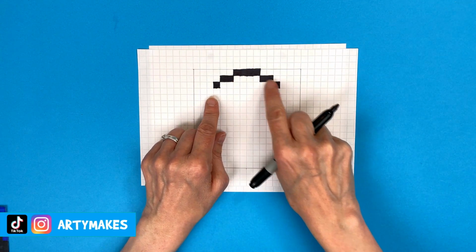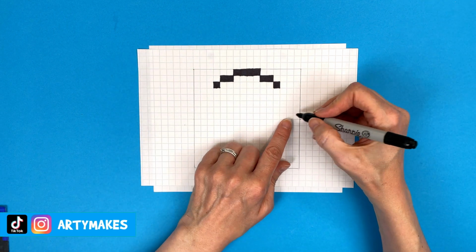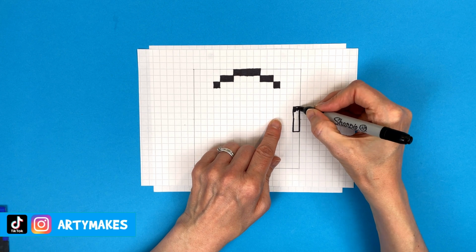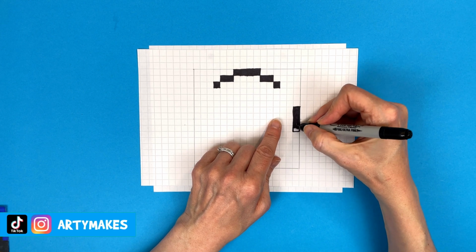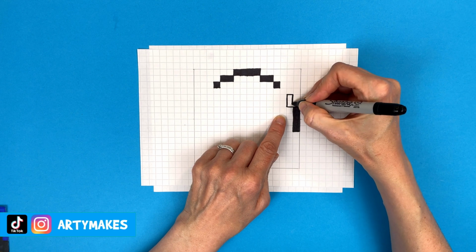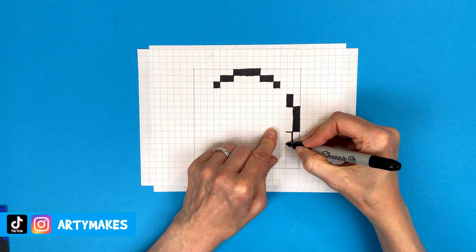Now that's the pattern we're going to repeat on this side and on the bottom, and you'll see that they all meet up. So all you need to remember to do is 2 out from the middle point and 2 out from the middle point, like that. Colour that in. I think my pen's about to run out. I think I'm going to have to get another pen in a moment. Then I'm going to do my 2 here like this and 2 here like this,